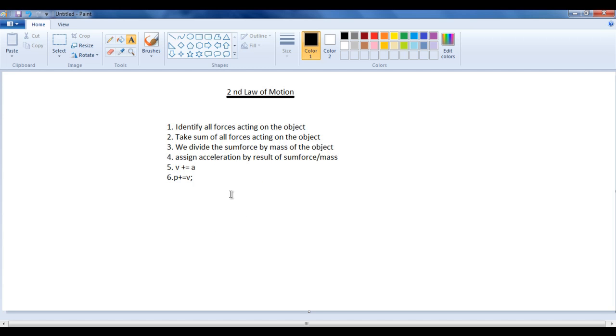In the next tutorial, we are going to see how we perform these steps in the code, and step by step learn how it is going to be implemented in the program. So let us take, you have an object here and there is a force acting on it. Let us take this one is F1, this one is F2, right? These are the forces we have identified, and we have some mass.